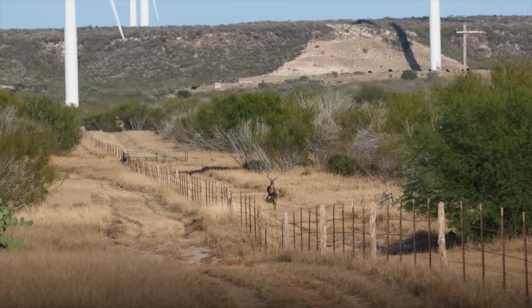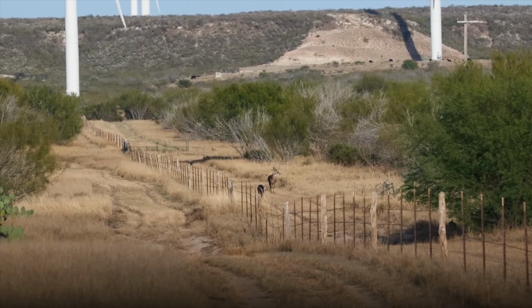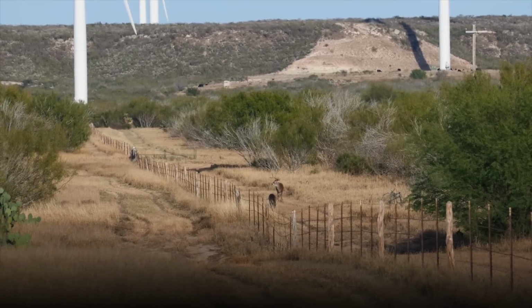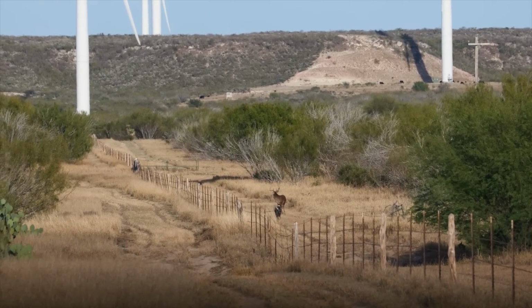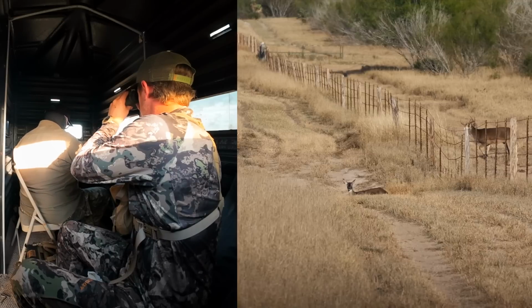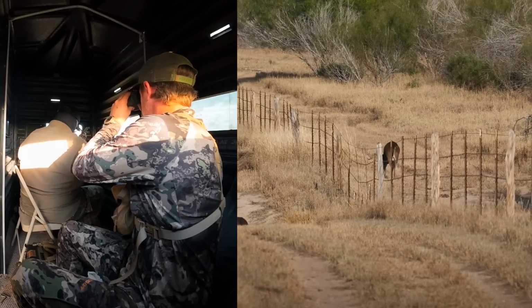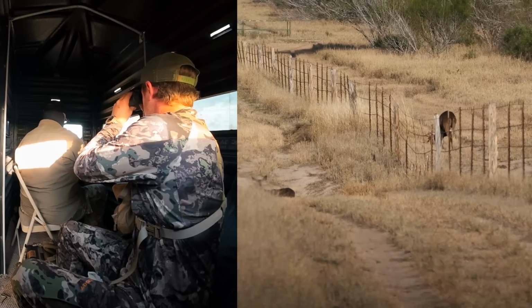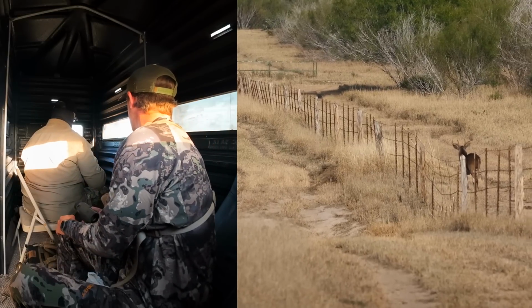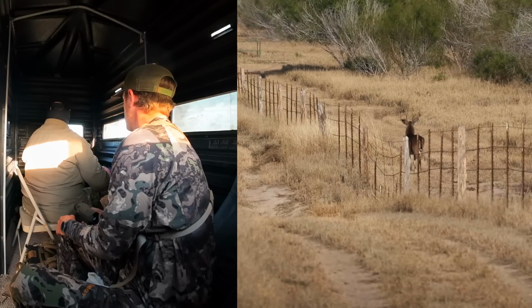How's he looking? Looking good. We just don't want to shoot that young 12-point. He looks big though. He might be the deer that we saw on the road. I should start getting ready. Yeah, you should. Just in case. I think he's the sway buck. Art said he was gonna probably come out early, so